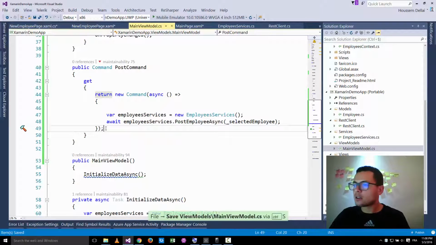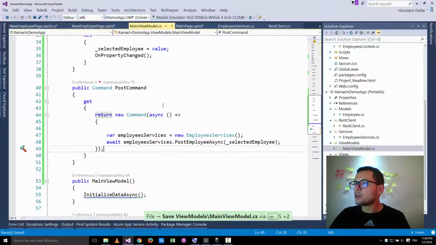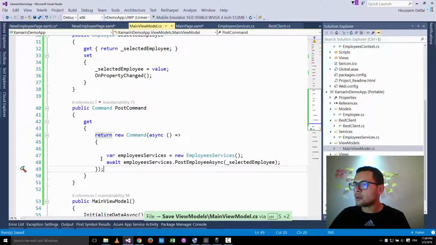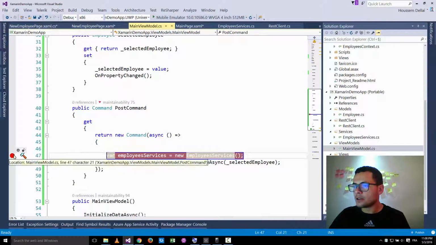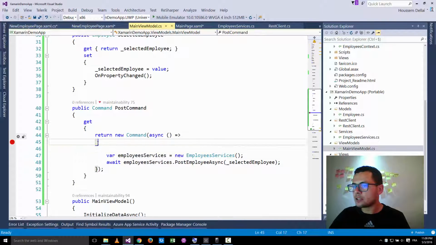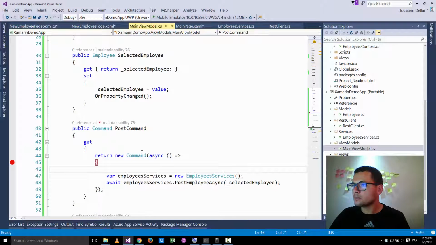So let's make sure that this code works fine. Here I'll go and set a breakpoint, let's make it here in front of this open bracket, and select